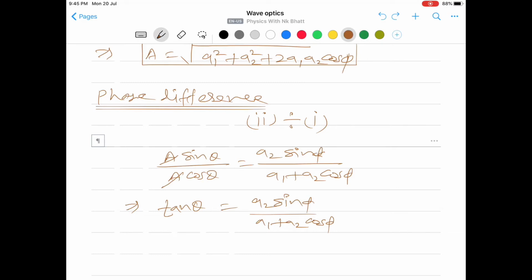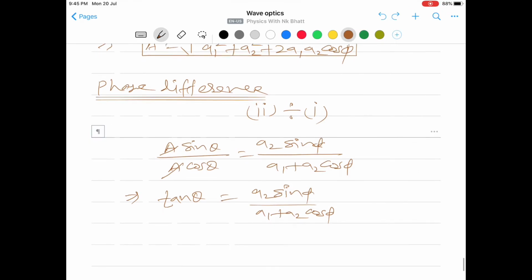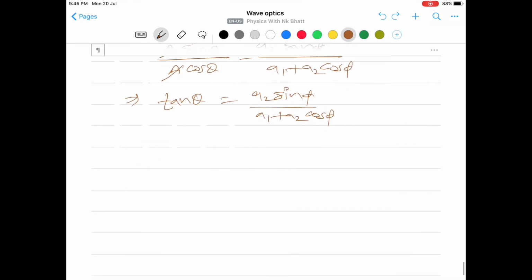By using this formula, we can find the phase difference between the resultant wave and the first wave, which is having zero phase. Now we have to understand under what condition the constructive interference will occur and under what condition